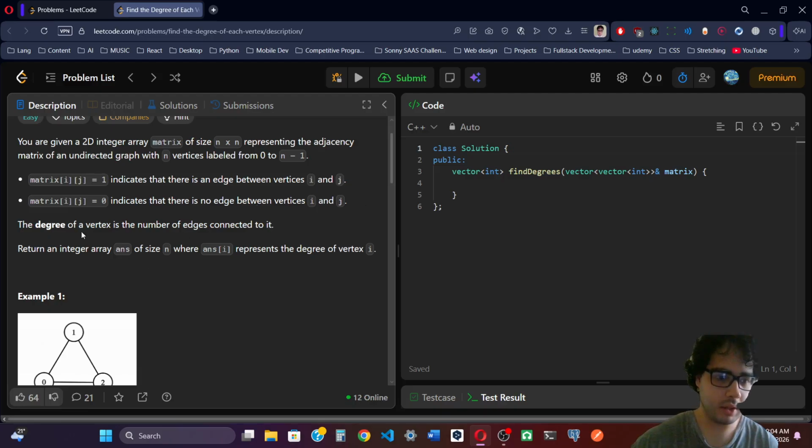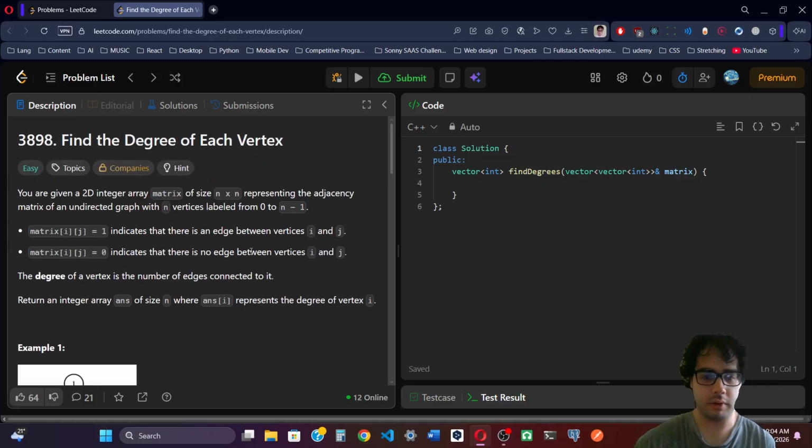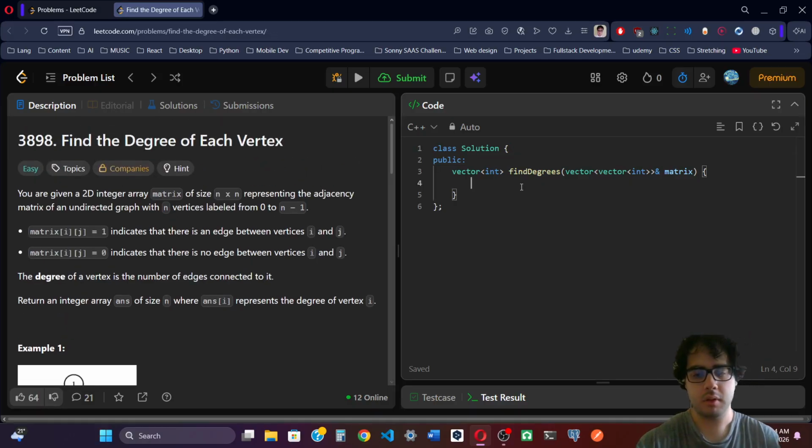The degree is the number of edges connected to it. Return ans where ans represents the degree of vertex i. So I'm gonna start with the ans. I'm gonna loop through. What I should do is matrix